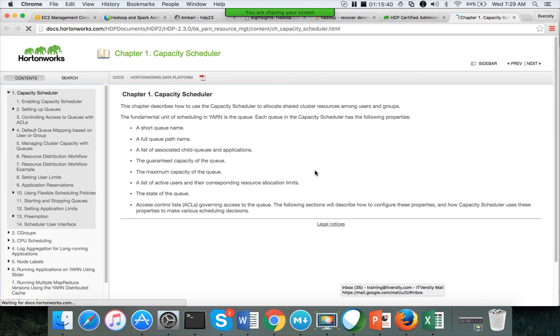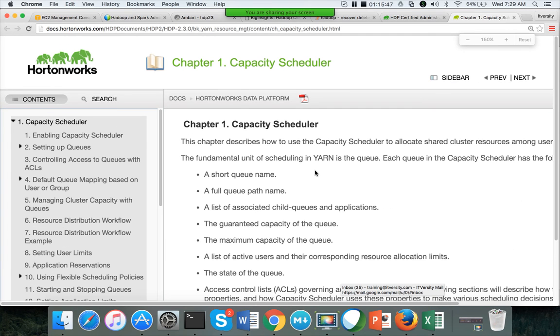If you go to this document, capacity scheduler is default in Hortonworks. Fair scheduler is default in Cloudera. So if you want to understand capacity scheduler, if you refer to Hortonworks documentation, it will be far more clearer. If you go through Cloudera documentation, it will be clumsy and confusing. So if you want to understand capacity scheduler, go to Hortonworks documentation. If you want to understand fair scheduler, because it is default in Cloudera, they have well documented about fair scheduler over there. So each one has their own agenda here.